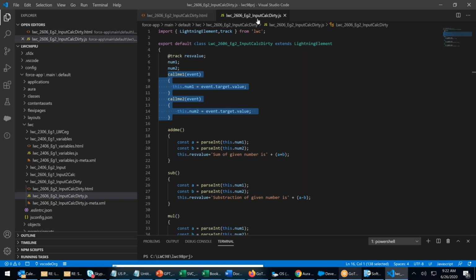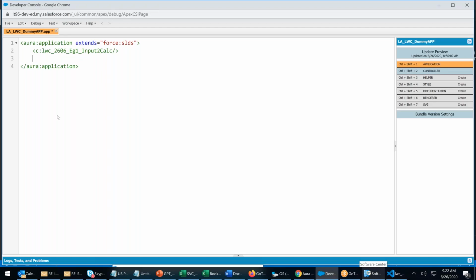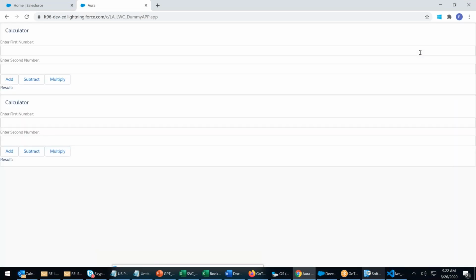Clear? Perfect, fine. Now let's go ahead, and we have already deployed. So right click, rename, copy. I go to my developer console, let the first one be there, placing the second one out. Update preview, two will come. Same thing twice. The top one is by using name, means by using ID. Second one is without using name.